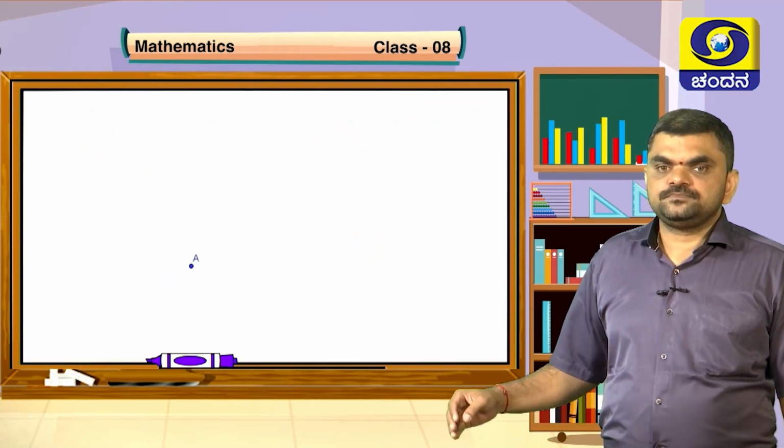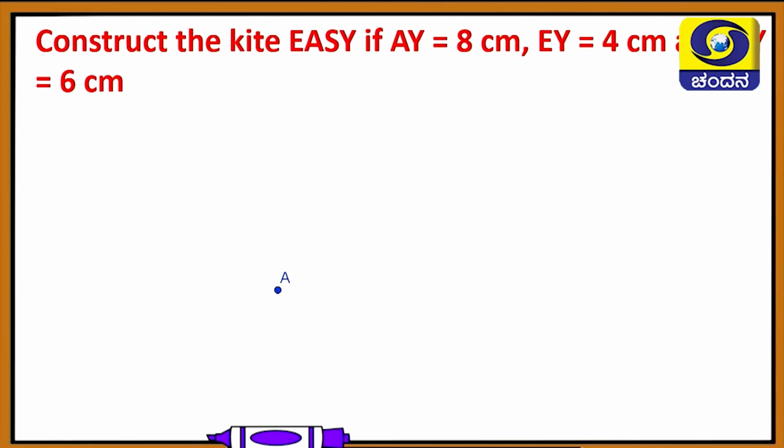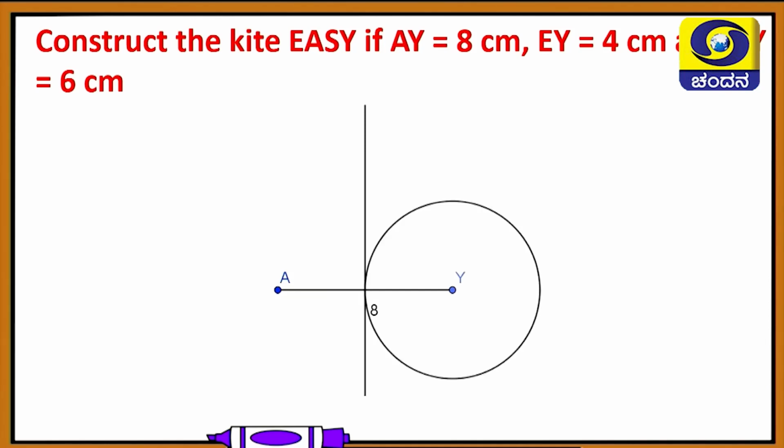So observe this video carefully. Construct the kite EASY if AY is equal to 8 centimeter, EY is equal to 4 centimeter, SY is equal to 6 centimeter, children. So first I am drawing AY,